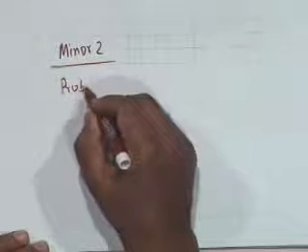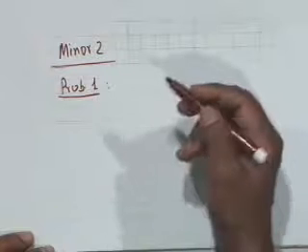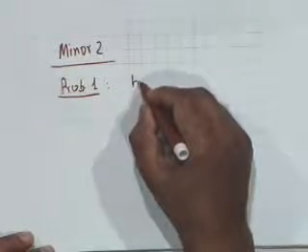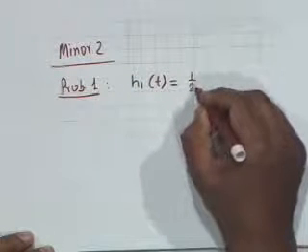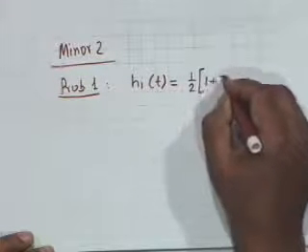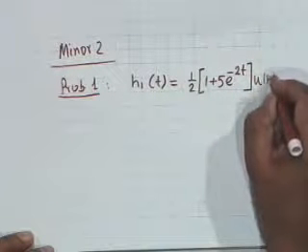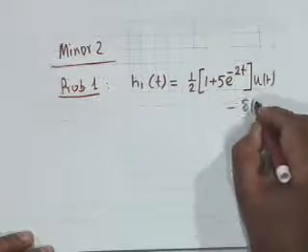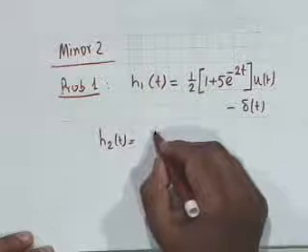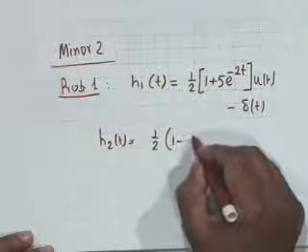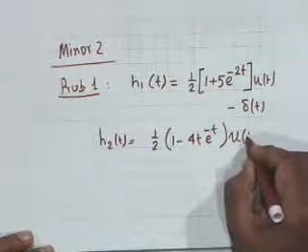Problem 1, let me state the problem. 2 LTI systems are characterized by the following impulse responses. H1(t) is half (1 plus 5 e to the minus 2t) u(t) minus delta(t), and the other is H2(t) is equal to 1 half (1 minus 4t) e to the minus t u(t),